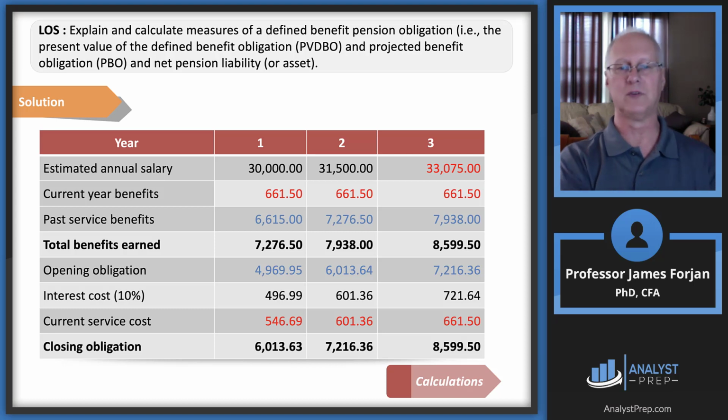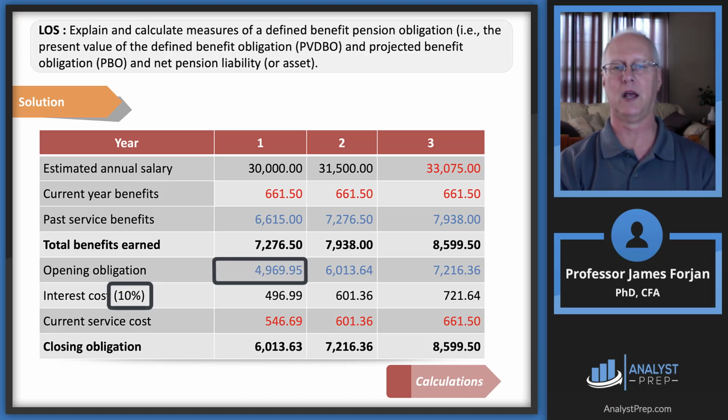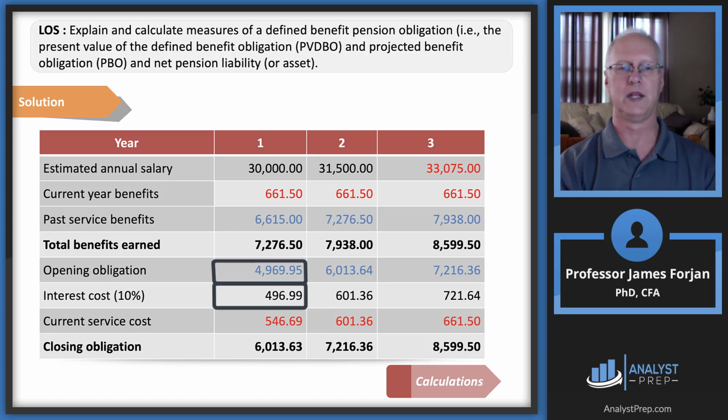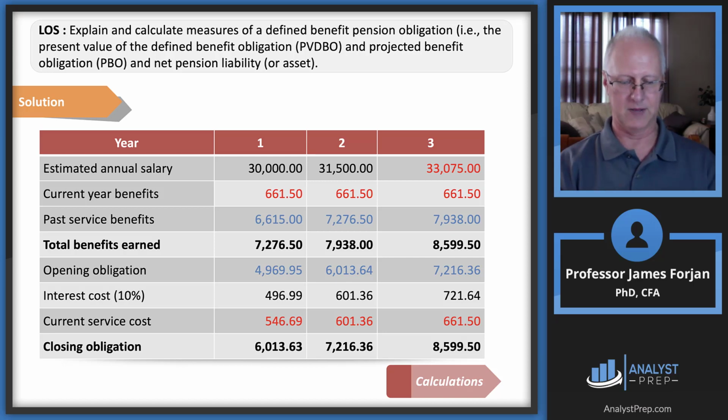And then the interest costs, this is why we picked 10%. So you can just do the math there quickly. So you have the 10% of 49.69 gives you the 4.969 as well. And you do that all the way across. Current service cost, then notice that that's in red, so we're going to go all the way up to the top. So let's do